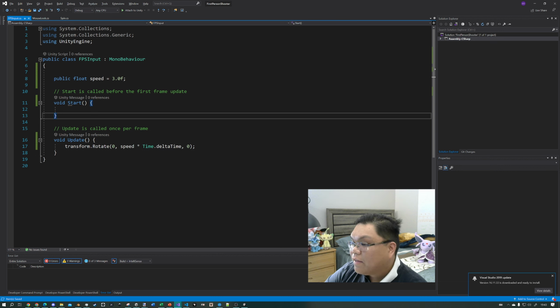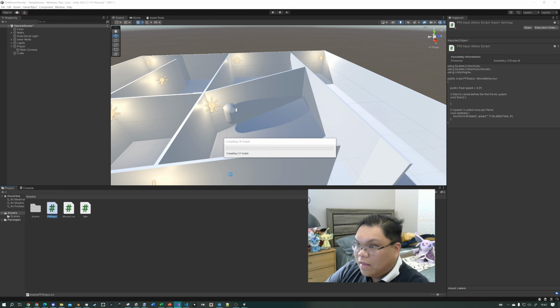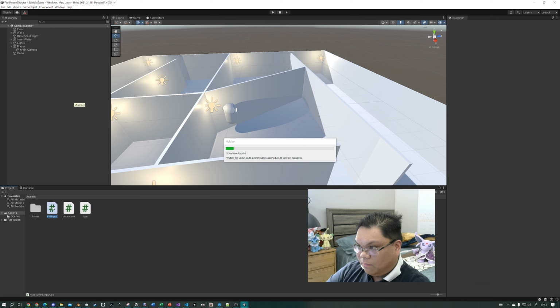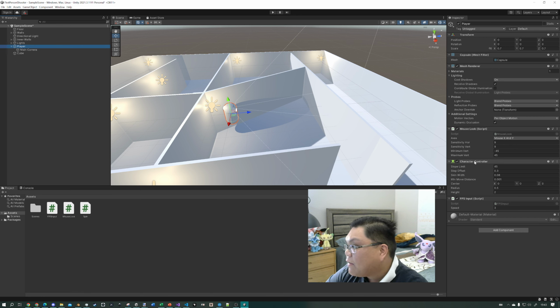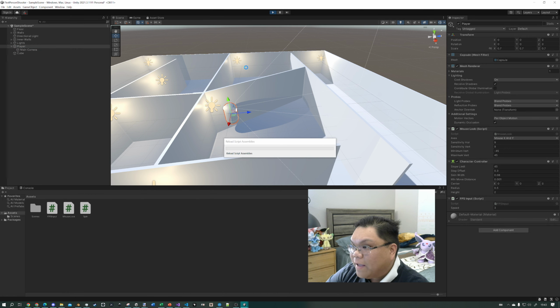If I save this code, this is FPS input. I'm going to then attach this script to the player. So now if I click on the player, we have a mouse look script and an FPS input script. If I press play,